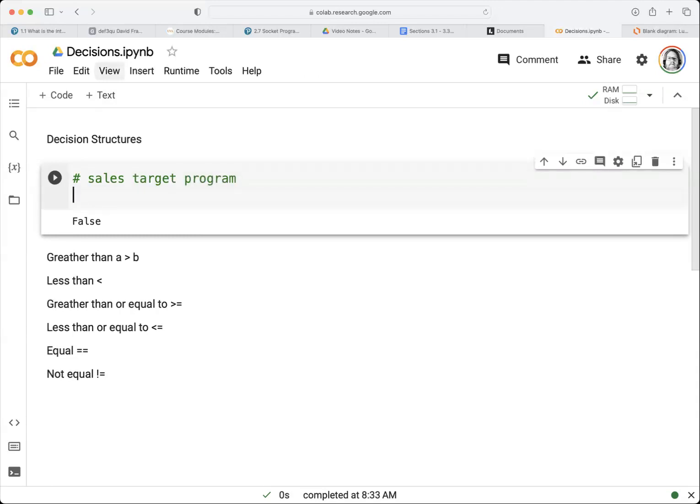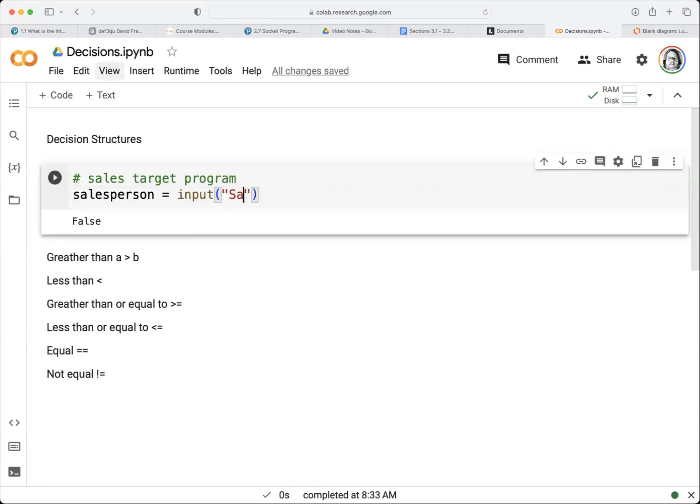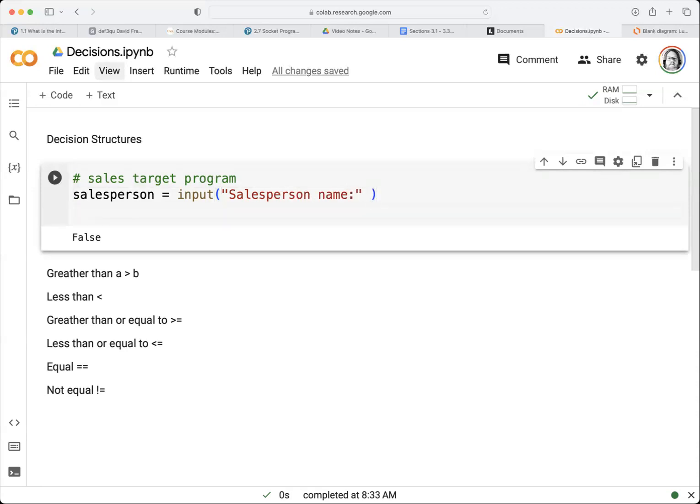Okay. So we're going to start by entering the salesperson's name, input, name. Okay. And then we're going to enter the sales for that person is equal to, let's do an int in